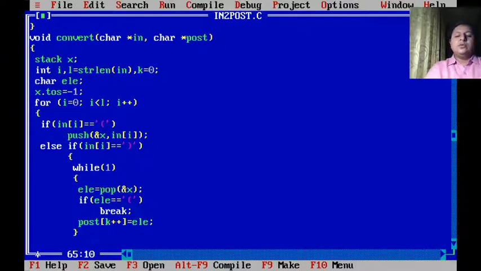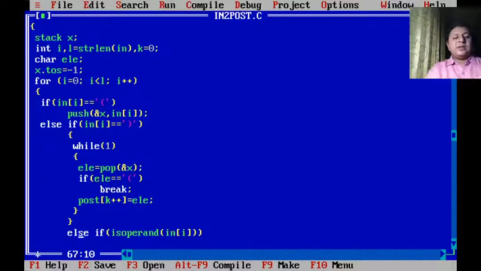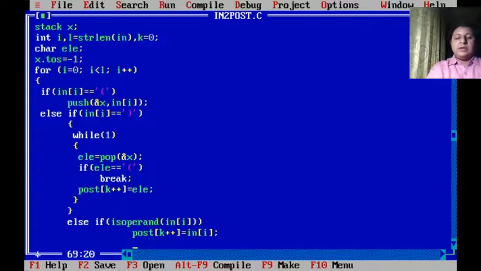Okay, so that is what I'll do when I get a closing bracket. So far we had done, if it is an opening bracket, push. If it is a closing bracket, then pop till you get the opening bracket, and whatever you pop in between, you should obviously place in your result. Now, if it is an operand, if operand, then print. What do you mean by print here? Obviously, store. So this ch[i] will be stored. Okay. Then we go ahead with the rest.